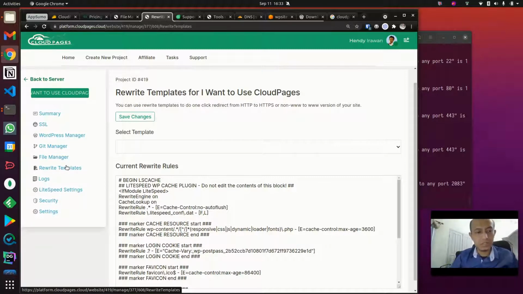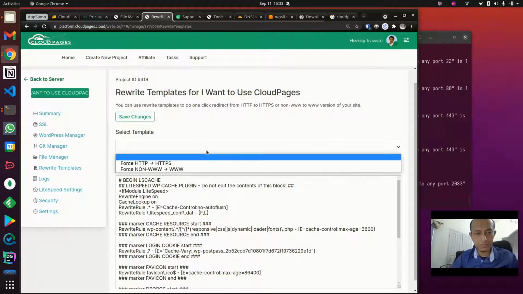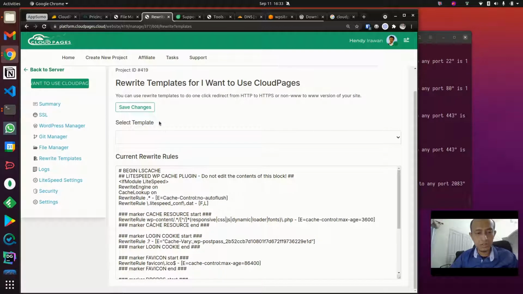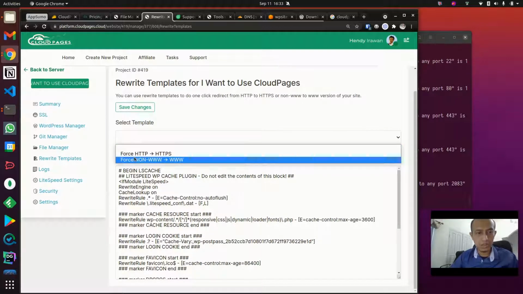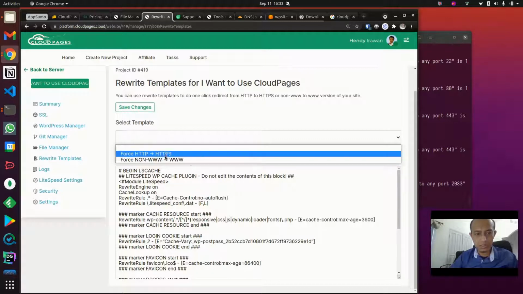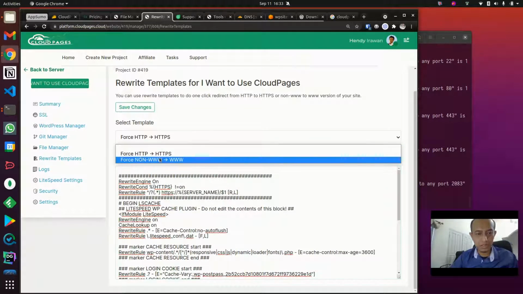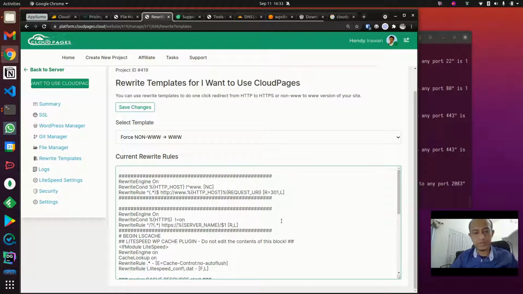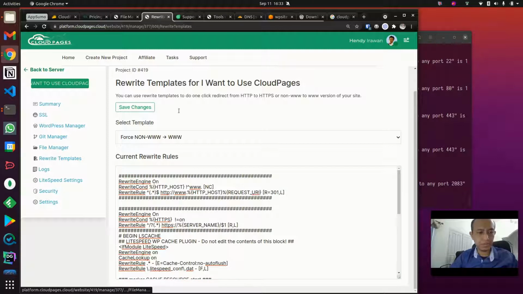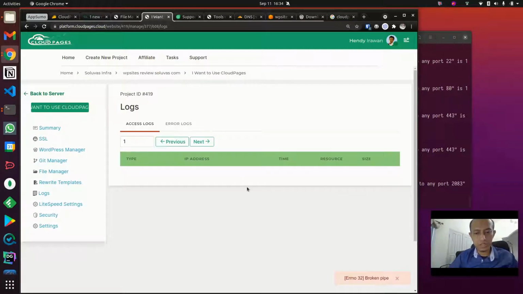But as you can see, there are features like file manager and also rewrite templates. So this is nice that you can put a template here, for example for HTTP, HTTPS. That's nice, but I'm not going to play with this for now. I'm not going to save it. And then you can also check the logs. It says broken pipe 2 this time,